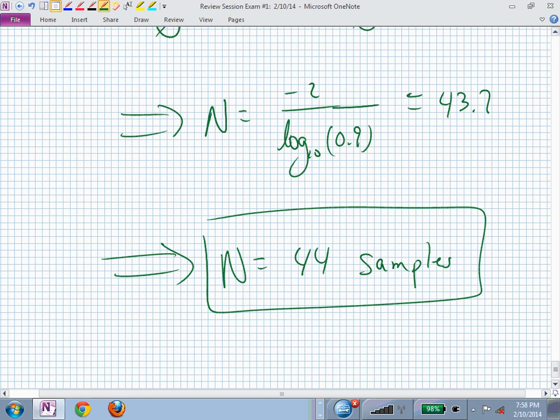Pardon? Yes? This is the settling time, 44 samples. Is that the... Oh, the time is going to depend on the sampling period, and I never even gave you that, did I? I just gave you a difference equation. So I never told you the actual time. This would correspond to 44 sample periods, whatever capital T happened to be. If capital T was 1 second, this would be 44 seconds. If capital T was half of a second, which is pretty long for a sampling period, that would be 22